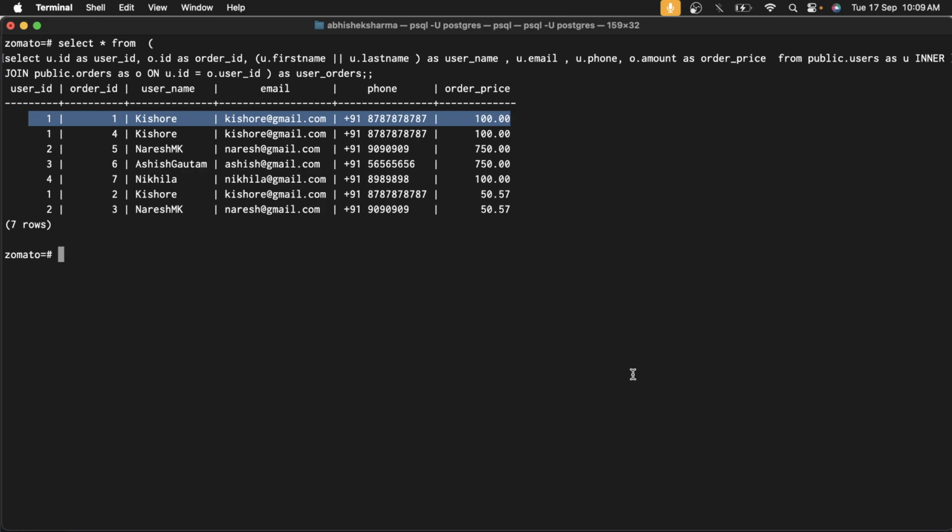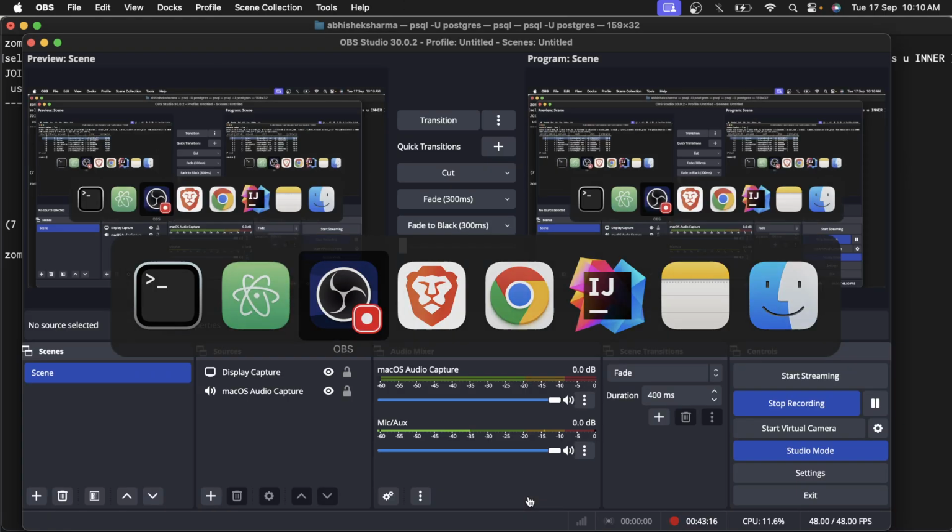All right, that was the view, and that was our select clause subquery, right? So a view is nothing, just the from clause subquery, right? All right, so that's it. Let's end the session for today, and